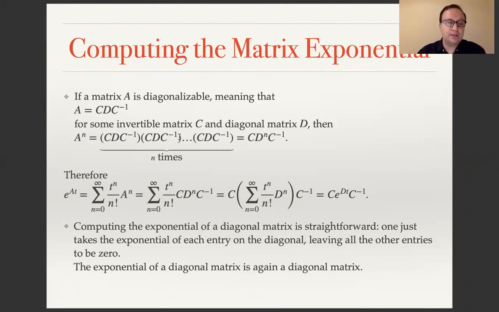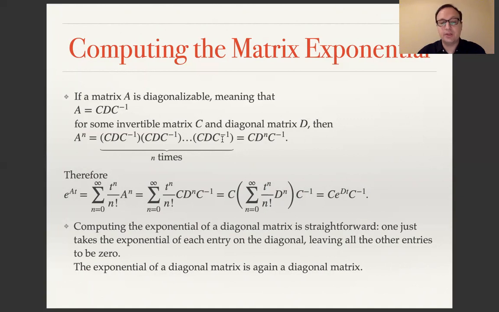C D C inverse times C D C inverse times C D C inverse, etc., n times. So A to the n is A multiplied with itself n times. So this is C D C inverse multiplied with itself n times. But since multiplication is associative, we can cancel each C inverse by the C that follows it. So C inverse is canceled by C, C inverse is canceled by C, all except for the first C and